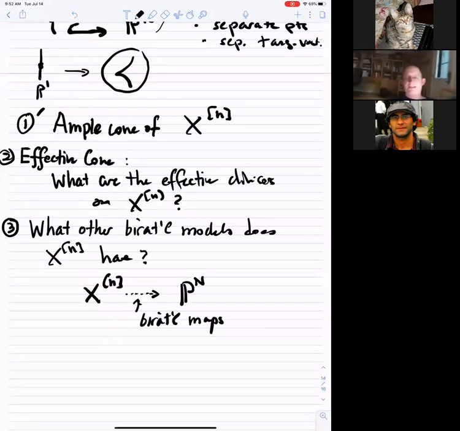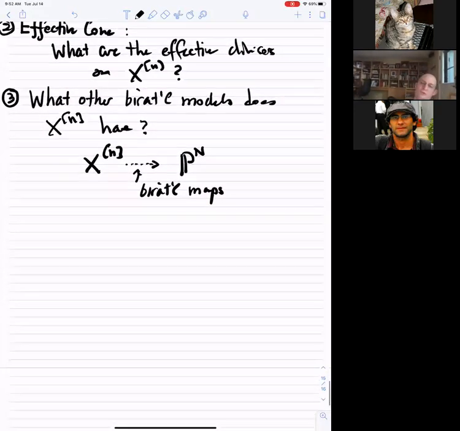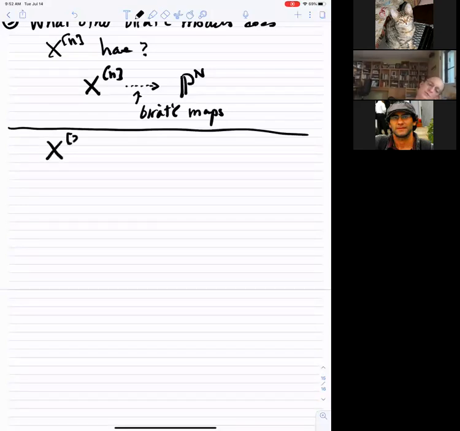So maybe just to start out, let's do the case of n equals 2, and then I'll stop there and continue tomorrow. So let's look at the case, the Hilbert scheme of 2 points. All right, so we know some